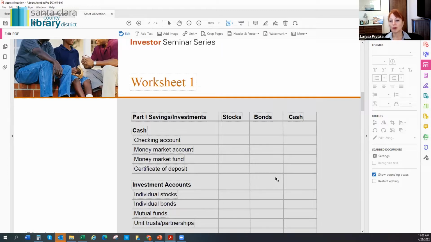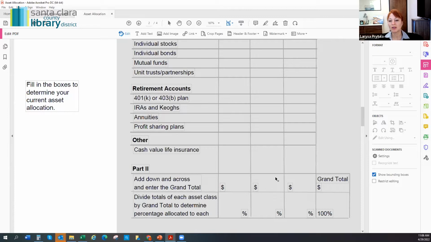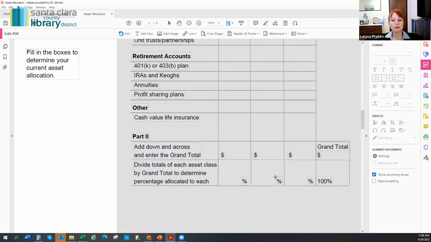Basically, when we talk about asset allocation, we first need to find out what's our asset location. Where do we keep our money? How much do we have in cash and stocks, bonds, annuities, all kinds of investments. And this worksheet will help you to identify those: retirement accounts, non-retirement accounts. Why do we need it? Maybe you already have that. Maybe you don't. If you don't, this is a great way to organize it.